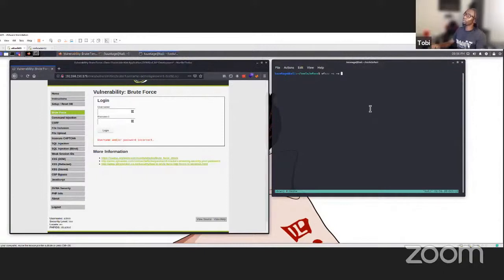All right, and the word list I want to use, this one. I think this is what I used earlier. Make sure I spelled it right. /usr/share/wordlists/fasttrack.txt. Okay, so I'm going to use this word list